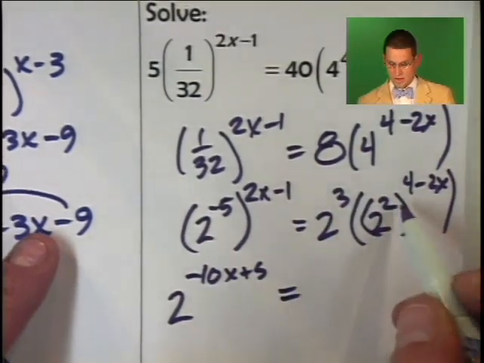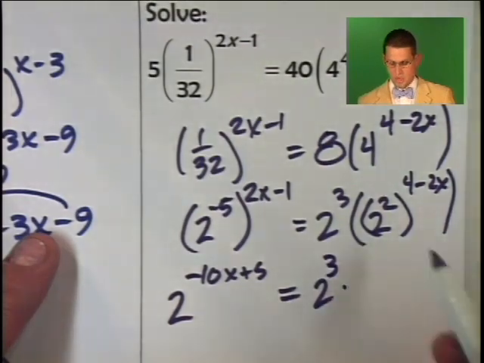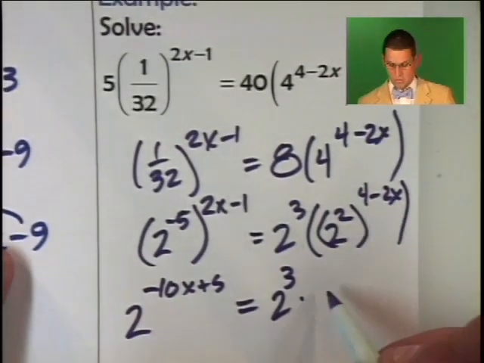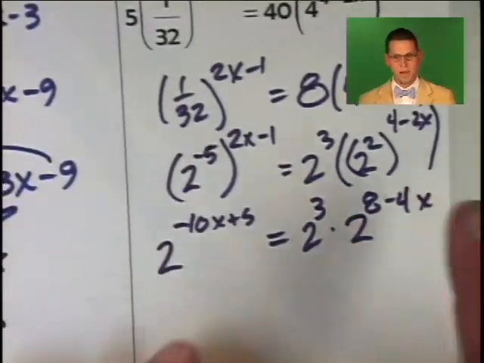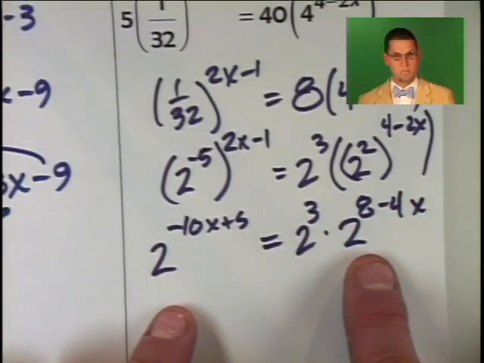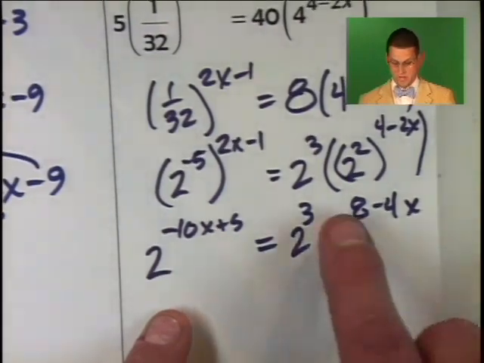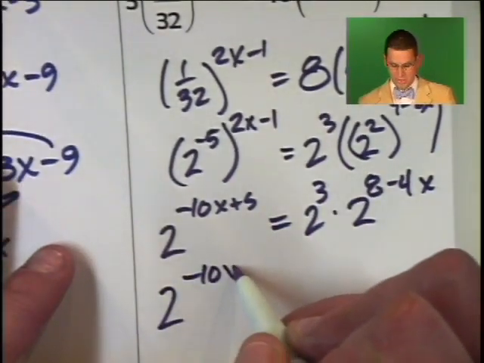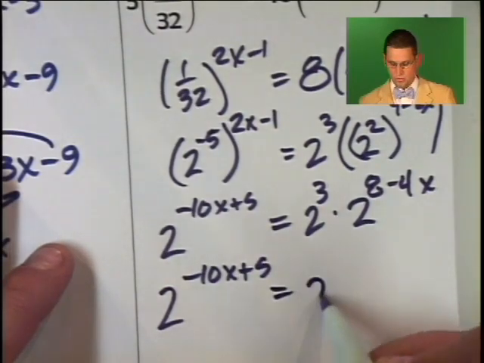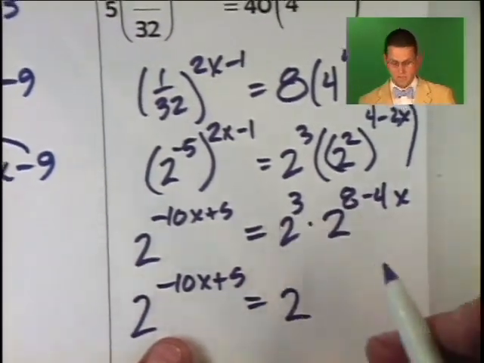And on this side, I get 2 to the third times, now over here I'm going to have to raise a power to a power, so that's 2 to the 8 minus 4x. I'm still not quite there, but I have 2 to the power times 2 to the power, and there's another rule of exponents saying that we can add those together. So I end up with 2 to the negative 10x plus 5